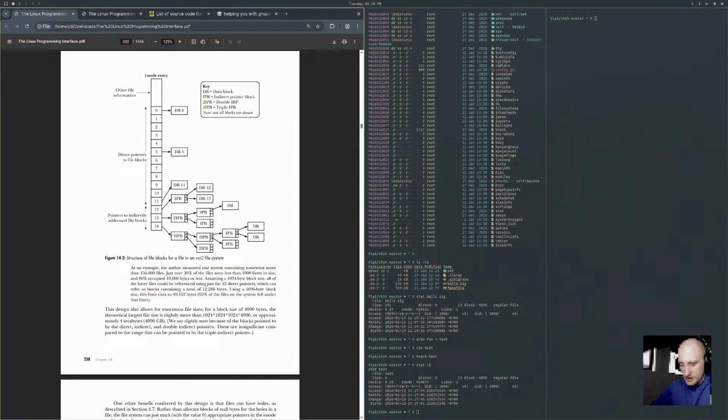So we got the inode entry, all the data for the inode, and then we have pointers to the data blocks. And then there's indirect pointer blocks.